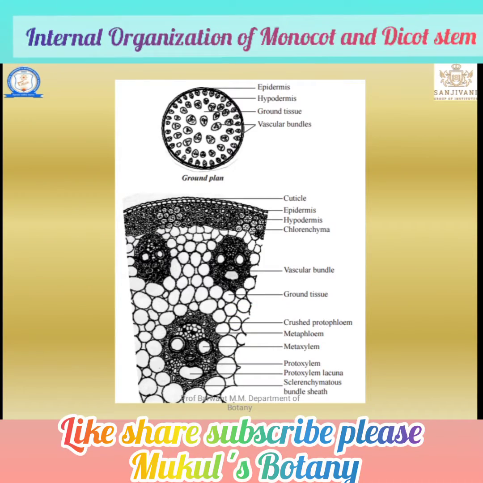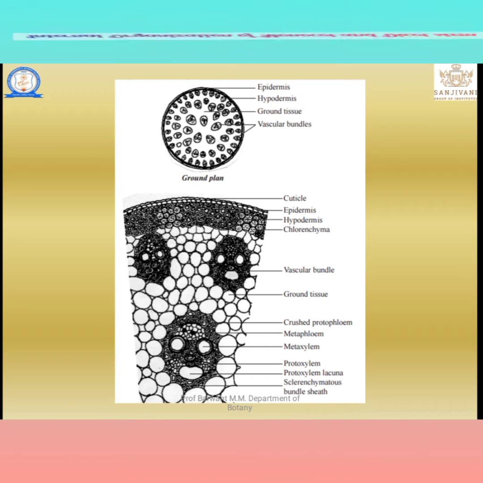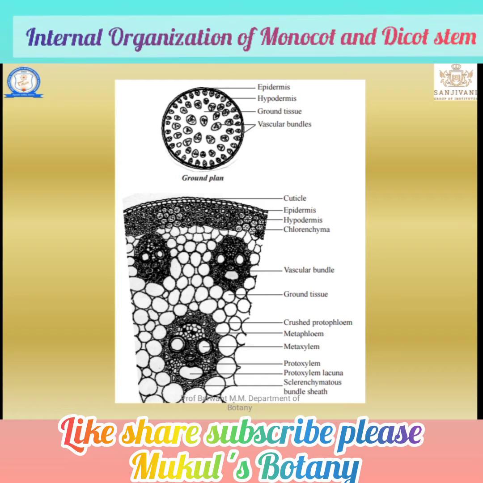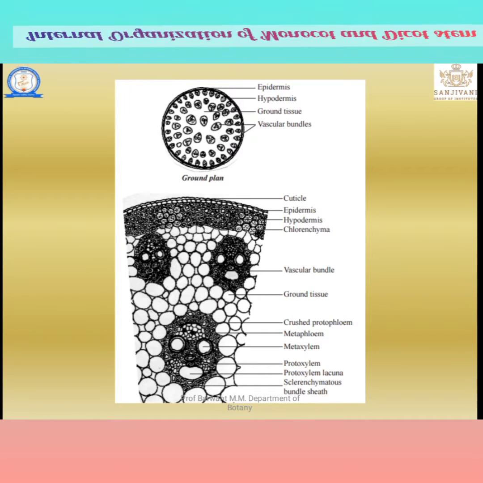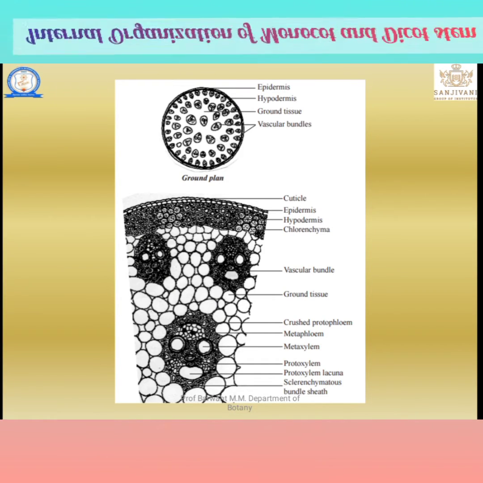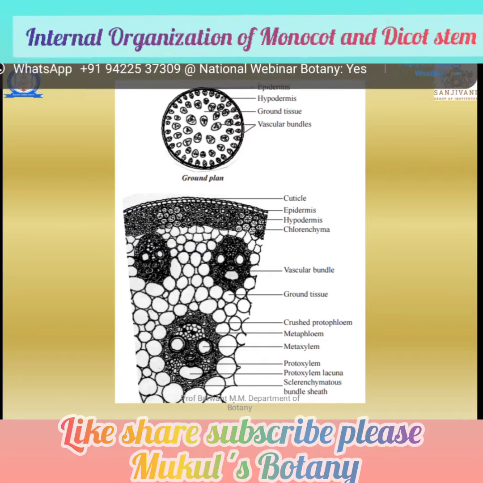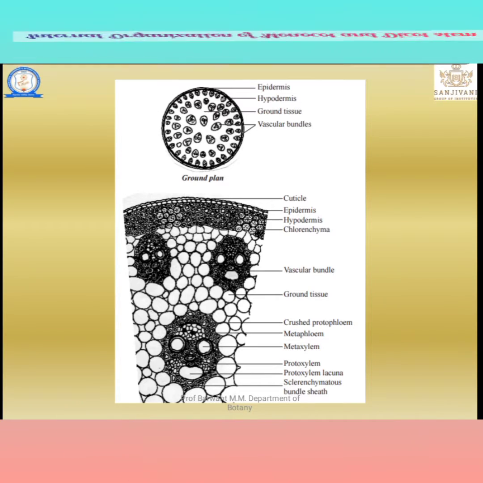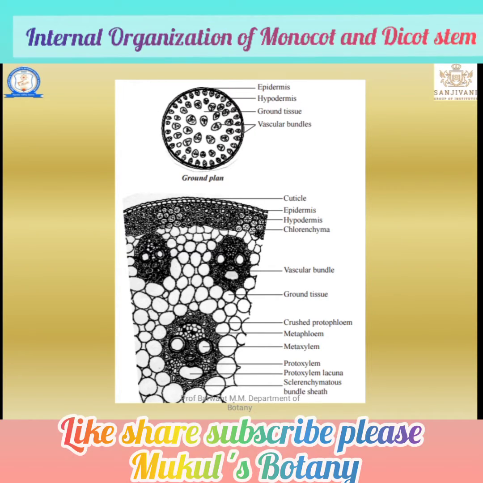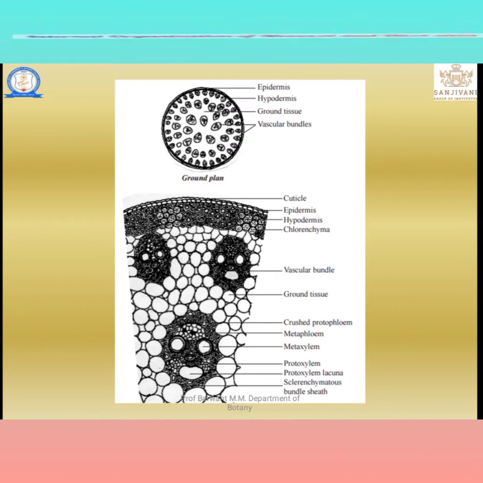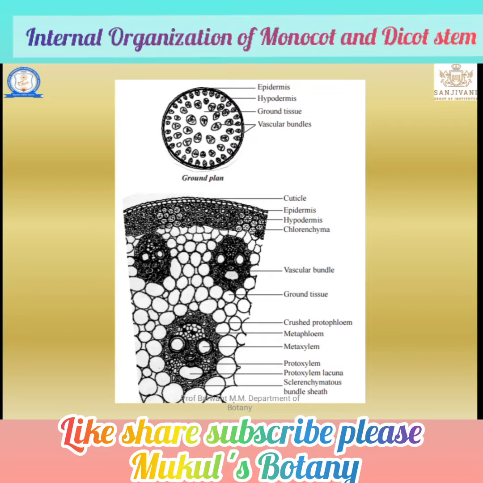First it is the epidermis. Let's see the section of a monocot stem. In that: first cuticle, epidermis, hypodermis, chlorenchyma, vascular bundle, ground tissue. Let's see ground tissue. I have explained in the types of tissue, in permanent tissue, that is parenchyma, sclerenchyma, collenchyma. Then protoxylem, metaxylem, sclerenchyma and bundle sheath. I have explained these previously, but we have to decide which part we want to keep or study.